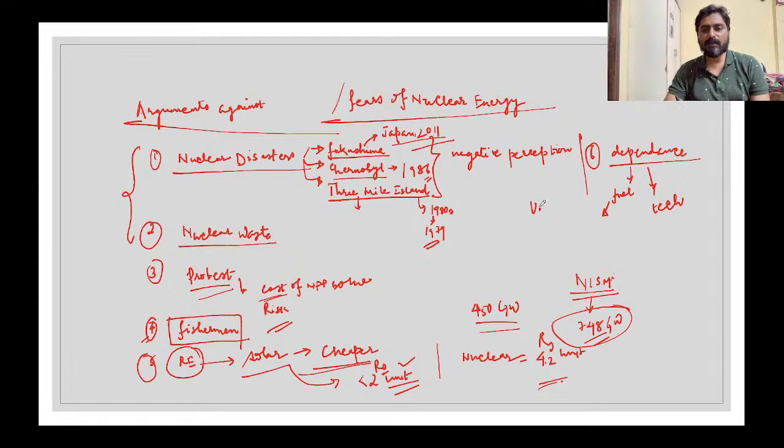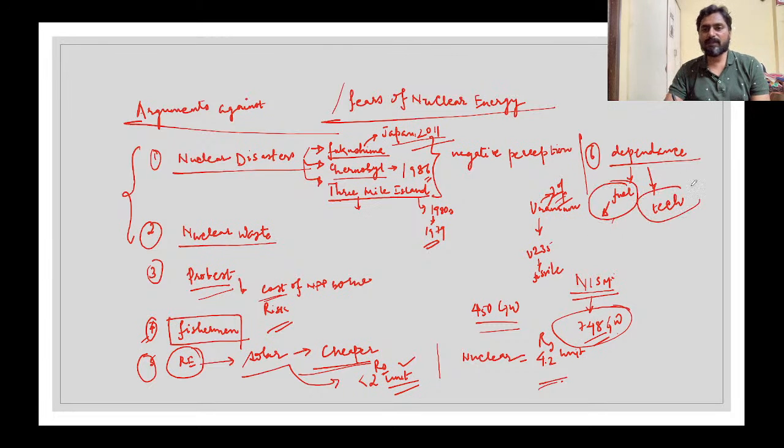We need uranium to run these nuclear power plants, and specifically we need U-235, which is the fissile uranium. But we have very little uranium in India. Of the total global reserves, we have only 2% of the global uranium reserves. So our uranium reserves are less. The point is that we'll have to depend on others for fuel also. That is a cause of concern.